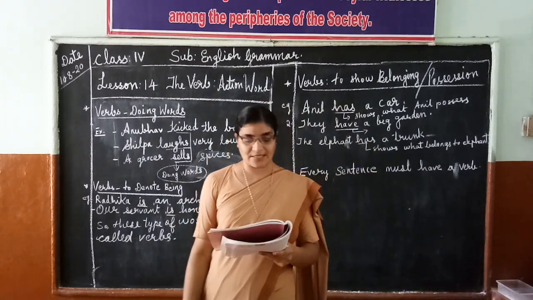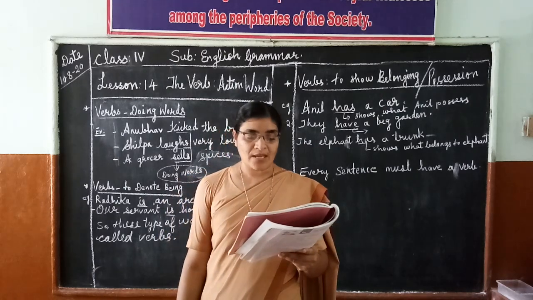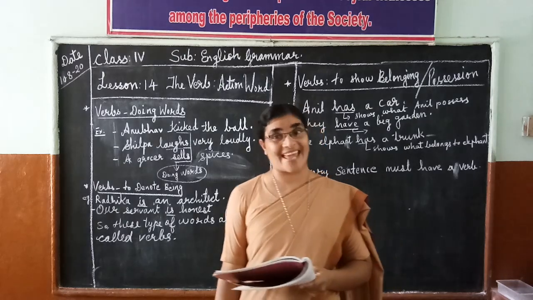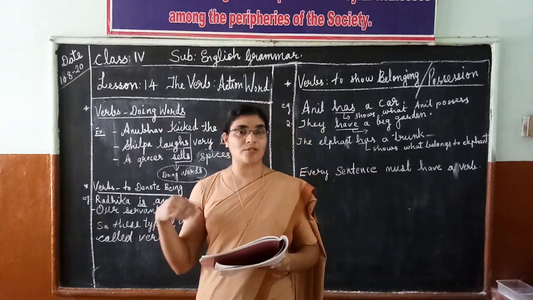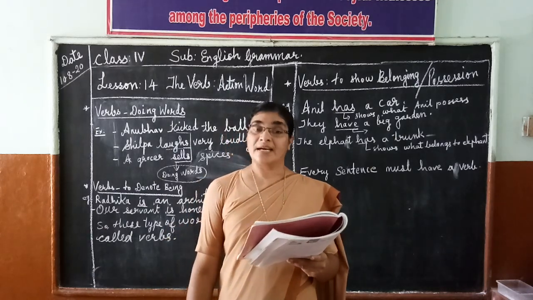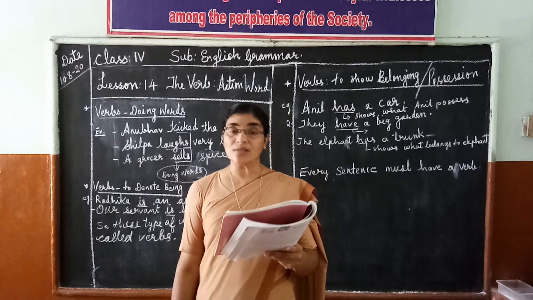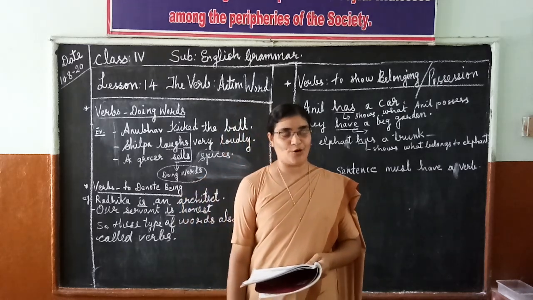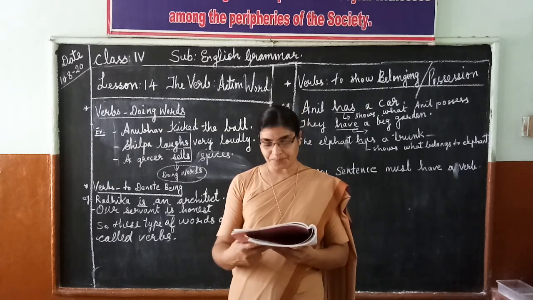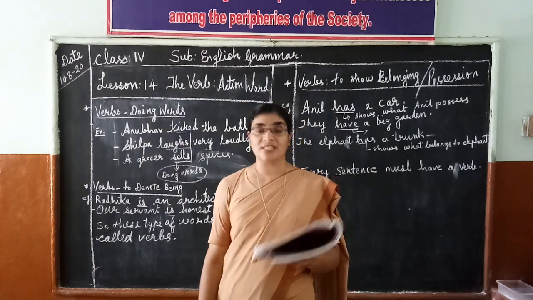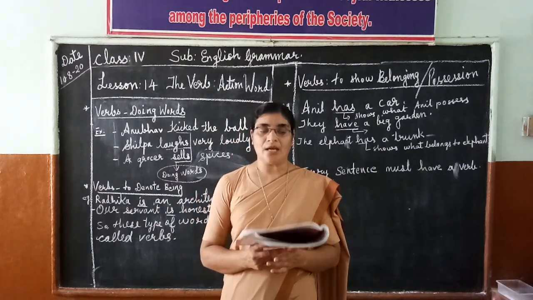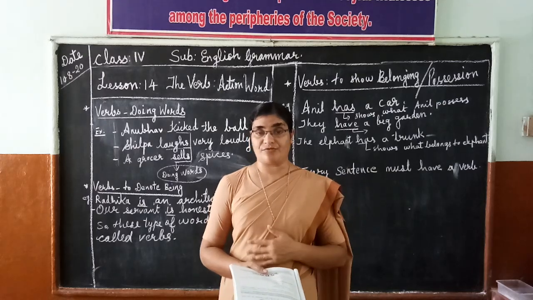So this type of sentence also shows us a verb. Since the verb is used to say something, it is also called a saying word. The verb says something about the subject, so it is also known as the saying word. The verb is the most important part of a sentence. I told you earlier, without the verb we cannot form a complete, proper sentence.